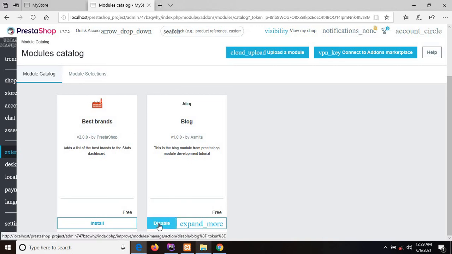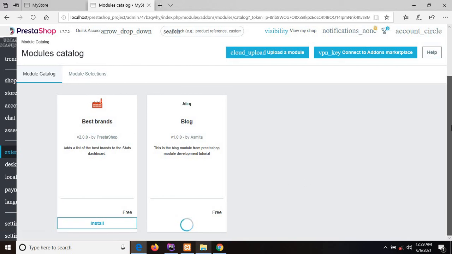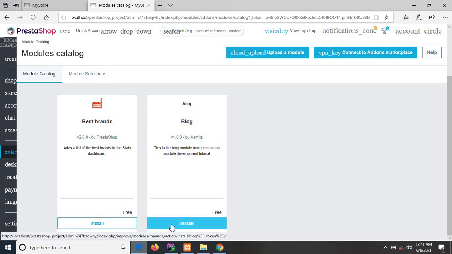Also we can uninstall this. So we have uninstalled that module. If you want to install this module, then we just click on install, and also we can uninstall the module by clicking on uninstall. So this is how we have created the module.